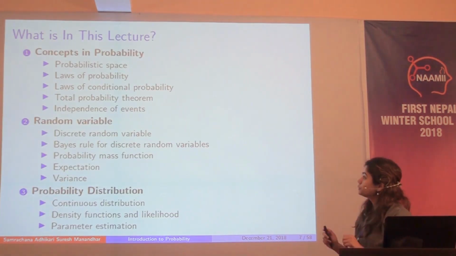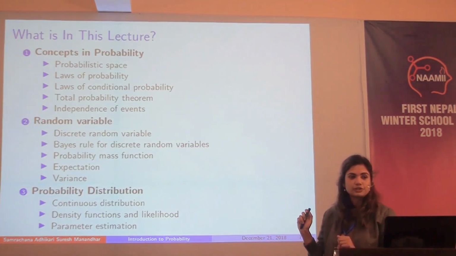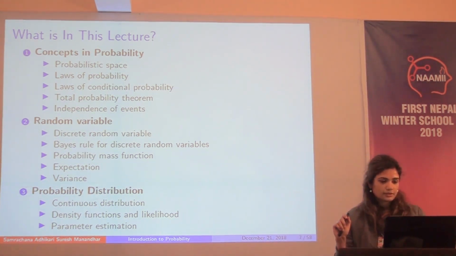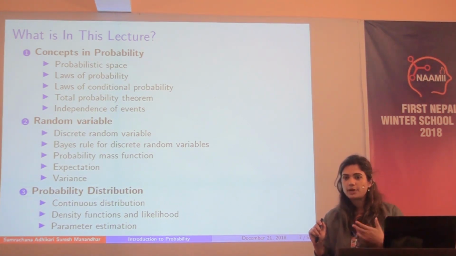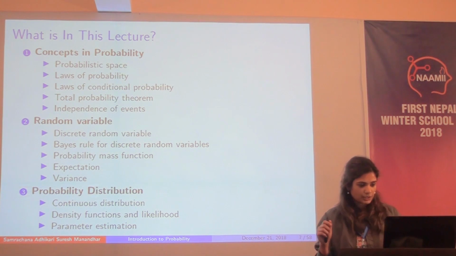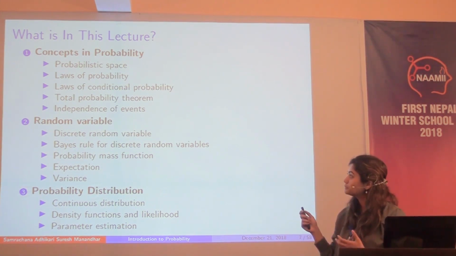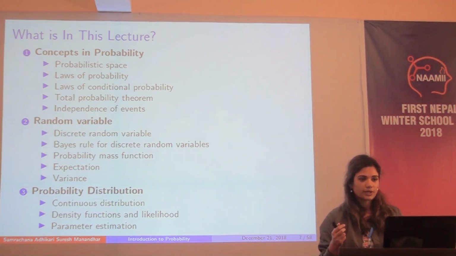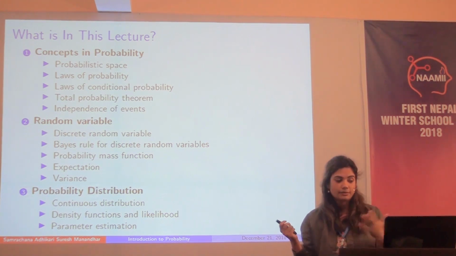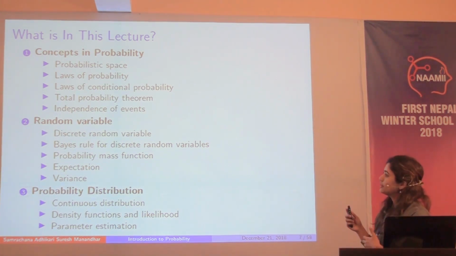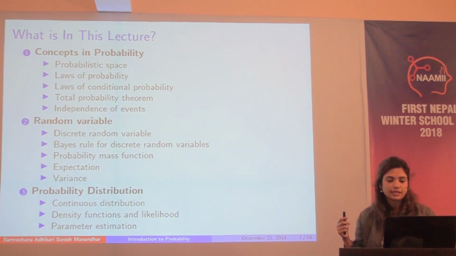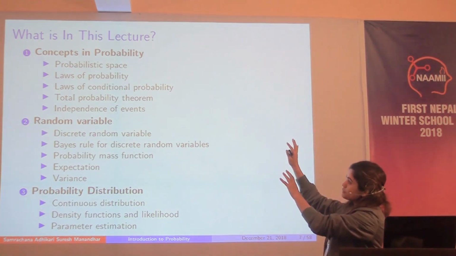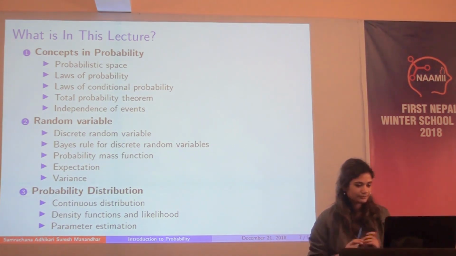So today's lecture, we will split it into 3 different parts. The first part will talk about all these basic concepts in probability. So we'll talk about probabilistic space, the laws of probability, what it actually means, mathematical formulation, and then conditional probability, the theorems of probability, and independence. And then we'll take a break, solve some questions, and then we'll start talking about concepts that will be used throughout the lecture, such as random variables and distributions, and how we can transfer the concepts we studied in the first part to the second and third part.